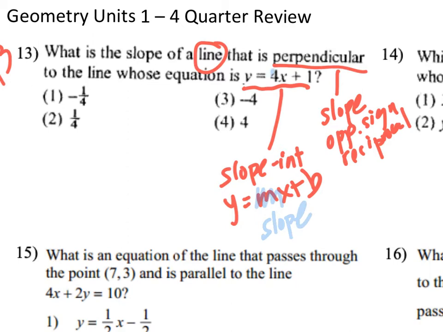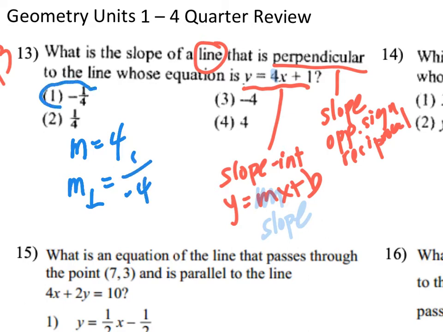Turns out my slope is going to be 4 because that's my coefficient for x. So if my original slope was 4, m equals 4, my slope of my perpendicular, which I annotate as this, is going to be the opposite sign, negative 4, and the reciprocal of that, 1 over negative 4,